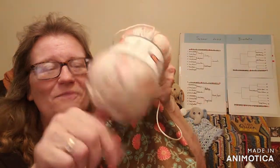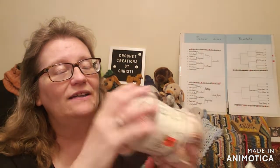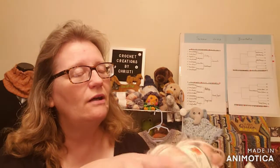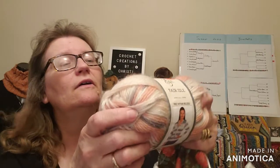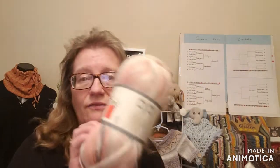Hats, and more hats for July. Nope, not done yet. Fair Isle, Yarn Bee, lots of halo. I'm liking this yarn. It is working up fine. It is fluffy. Has a little bite to it, from the little bit of alpaca. 20% alpaca. Beautiful yarn. It is a beautiful color. They call this one Sunset Bluff. It is the highlighted yarn for July to make hats with. The winner of the July hats will win a skein of this and